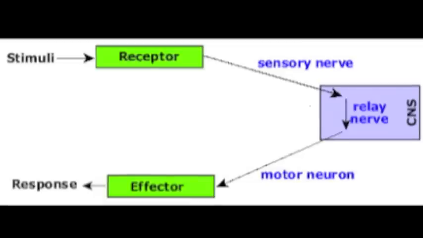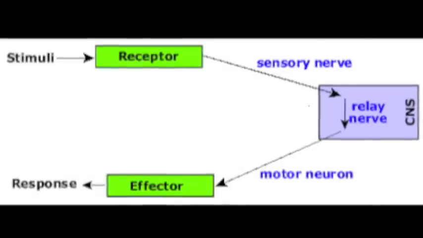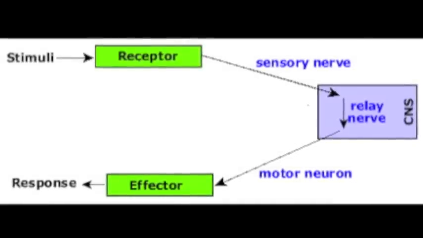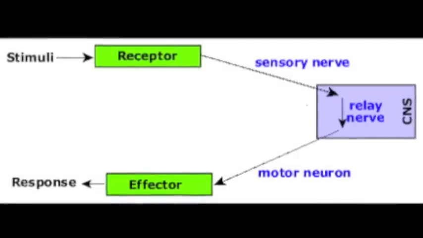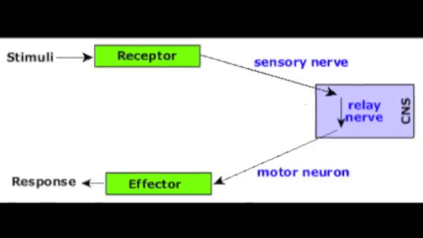Step 2. The message of extreme heat on my fingertips is then carried along by a sensory neuron to my spinal cord. Within the spinal cord, a relay neuron then takes the message from the sensory neuron to the motor neuron. The motor neuron takes the message from the spine to an effector, which is in this case the muscles in my arm. The muscle in my arm then contracts, pulling my arm and my hand away from the heat